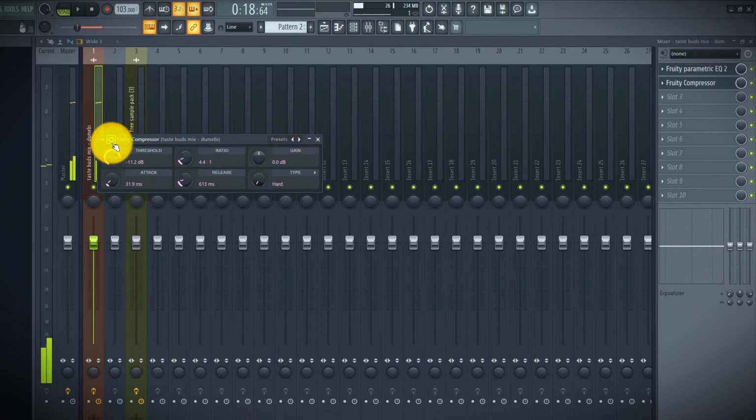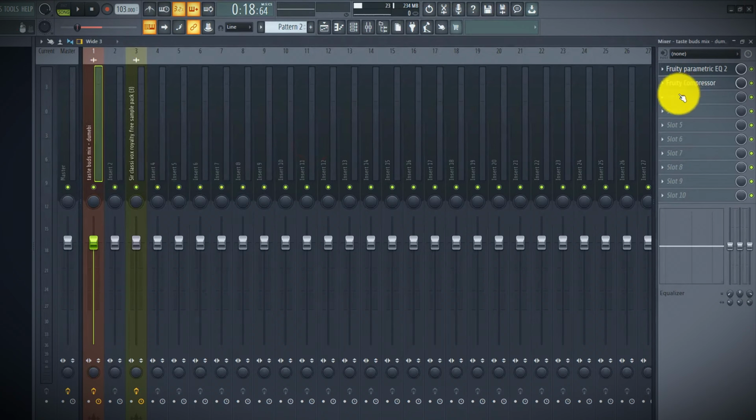So do not do so much compression that it takes out the low end, or also with EQ, do not do so much EQ that it takes out the low end or the body of the mix. You just do so slightly to have the frequency and the dynamics under control, and then you move on to the next stage. So what we're going to do next is a little bit of stereo